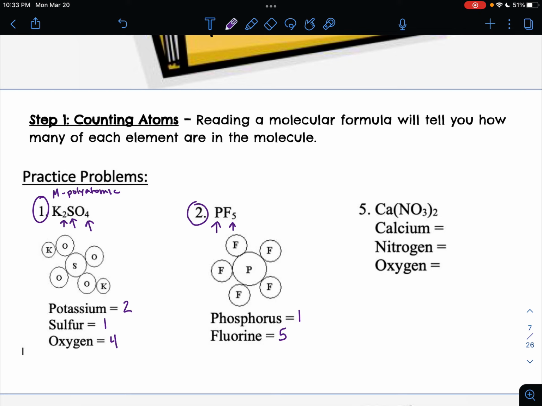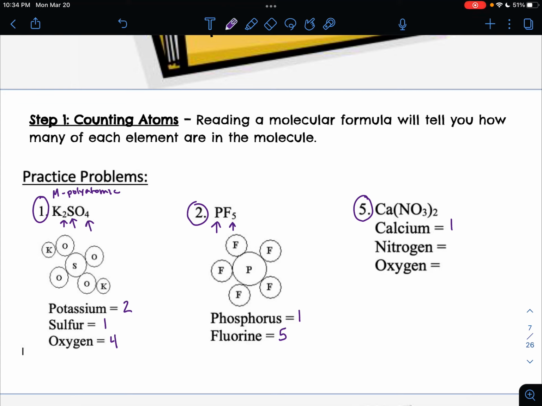So pretty straightforward. I'm going to skip over to example number 5 because this one is a little bit different. It has some parentheses. Okay, so we start off the same way that we did in the last one. We have calcium. There's no little number next to calcium, so that means we just have 1 of them. For nitrogen,